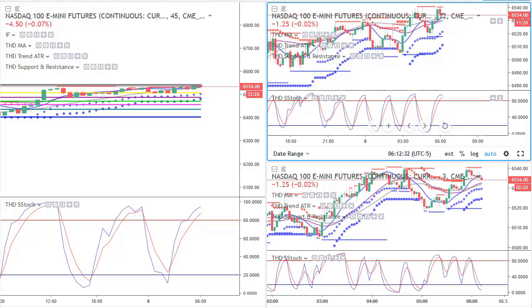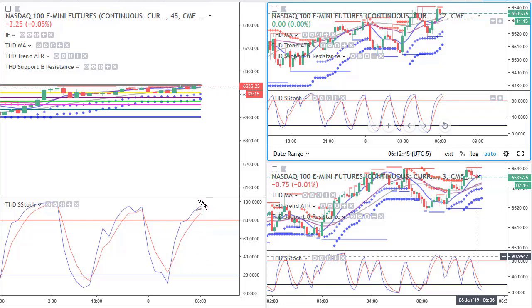Good morning, everyone. It's Gail with TradersHelpDesk, and I wanted to show you a trade that could potentially be coming in on the Nasdaq. It's about 6:12 in the morning on January 8th, and what is really interesting to me